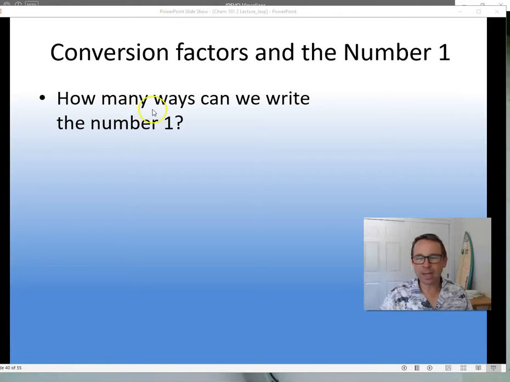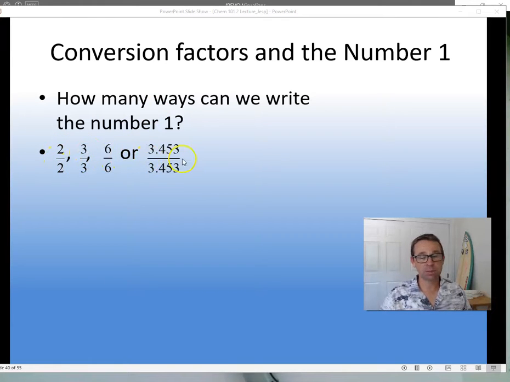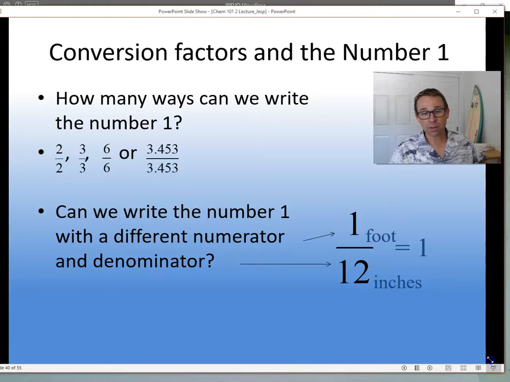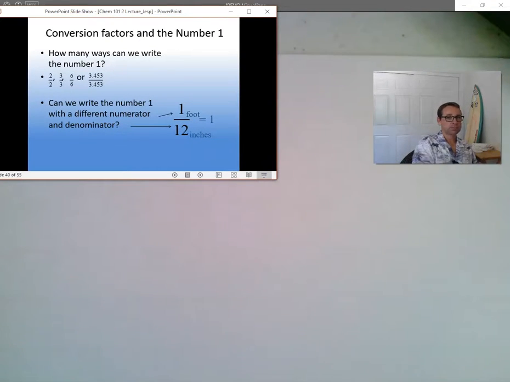Now, there's many ways that we can write the number 1. If I put 2 over 2, that's equal to 1. 3 over 3, 6 over 6. Any number over itself will always equal 1. So what about the number 1 over 12? Would that ever equal 1? Not just as the numbers are, but if we gave them units like this, 1 foot over 12 inches, then you could say, yeah, that's the same thing. That's the same thing. And then that becomes helpful to us when we have to answer problems like